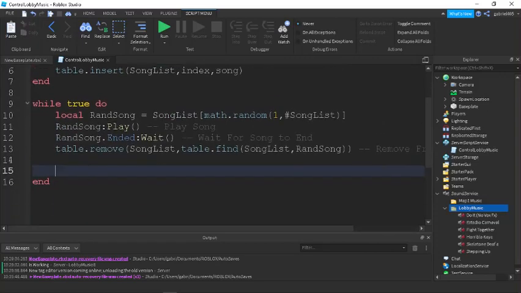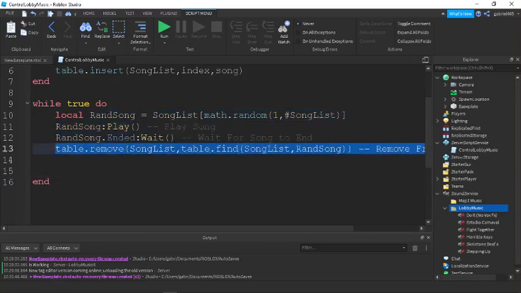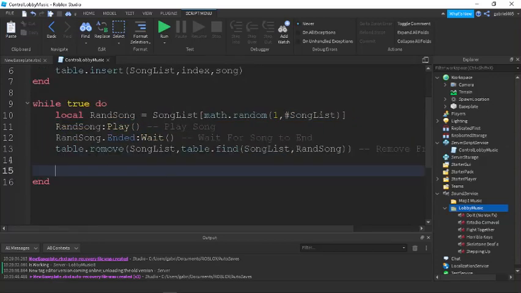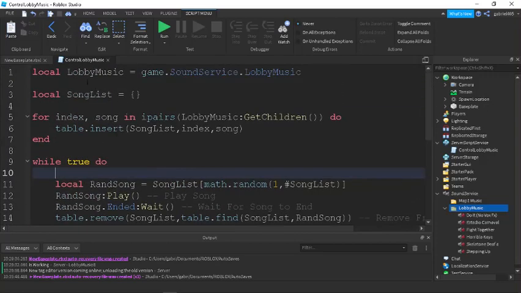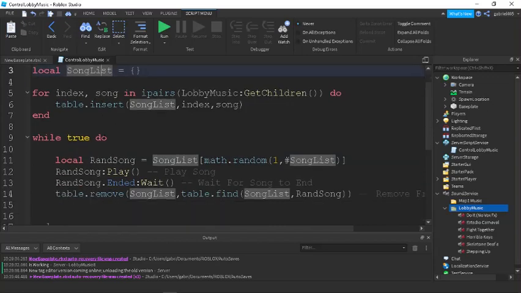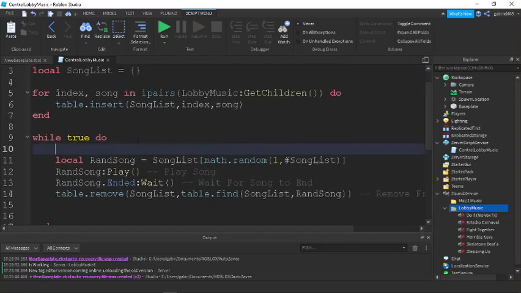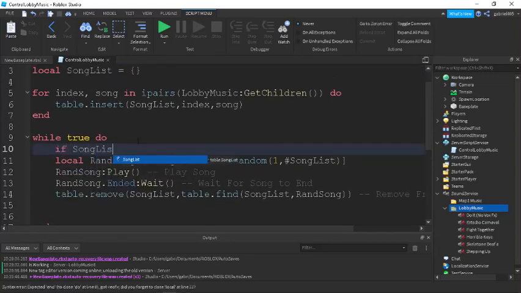So how do we restore it when it gets to 0? If this is going to work, every time it runs down, it's going to keep on removing, but now we have to restore it. So when it gets to 0, we have to check if the song list has 0 songs in it. So we do if the number of song list, so we do hashtag song list equals 0, then